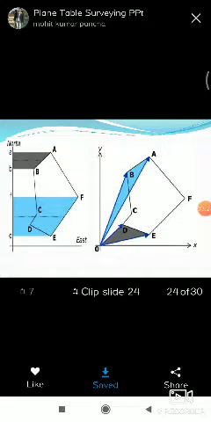Similarly, in the same way, cover all the points D, E, F, A with the help of the plane table.